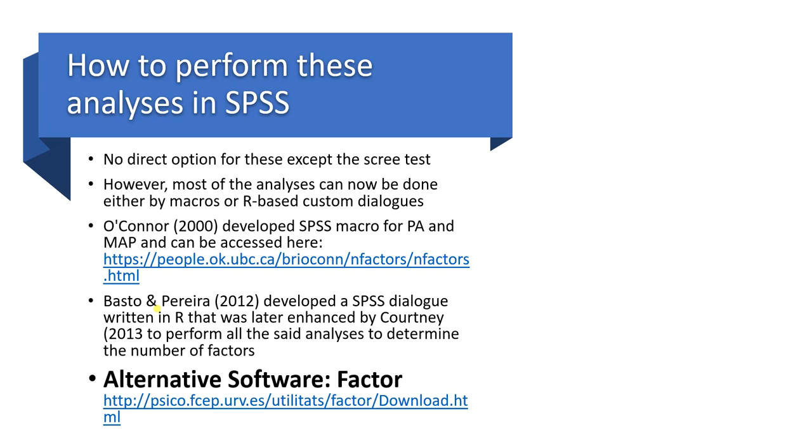So this alternative software Factor can do all these analyses, and it is specifically devoted to factor analysis, and therefore there are many very good options for performing factor analysis. You can do a lot of rotations, a variety of other manipulations, even for determining the number of factors, other methods like the Hull method, C-Hull method. These methods are also there in this software, and it also performs parallel analysis as well as Velicer's MAP.